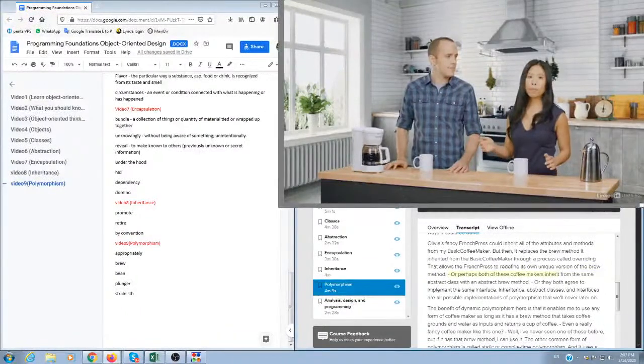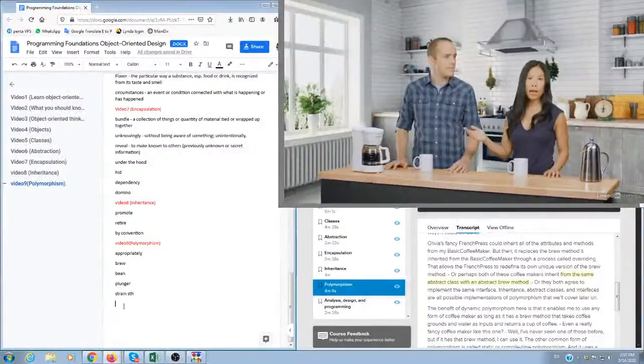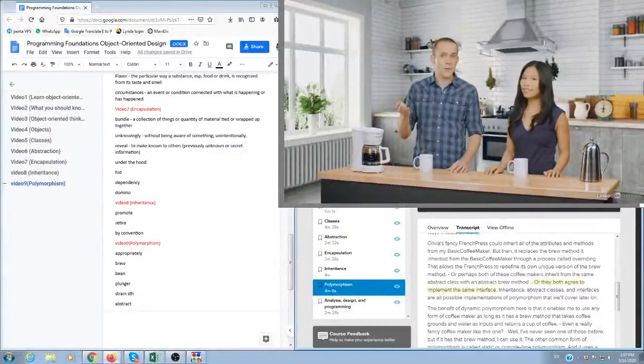Or perhaps both of these coffee makers inherit from the same abstract class with an abstract brew method. Or they both agree